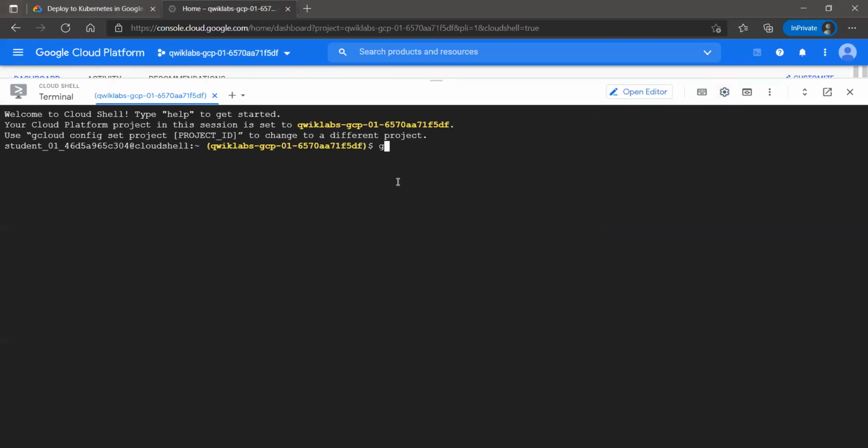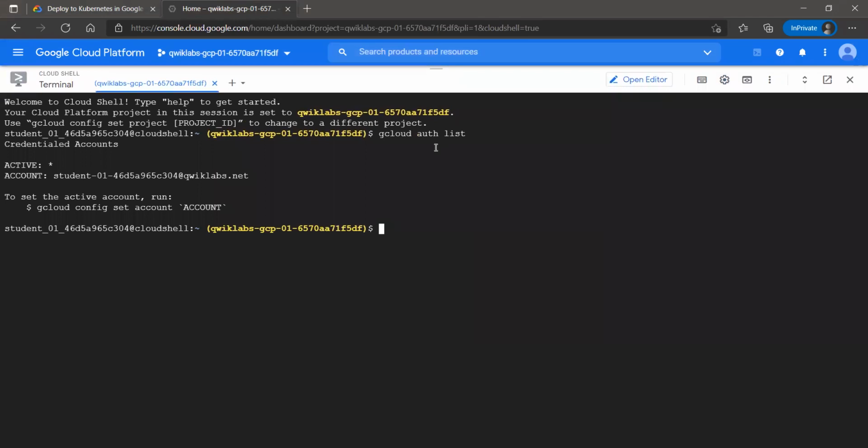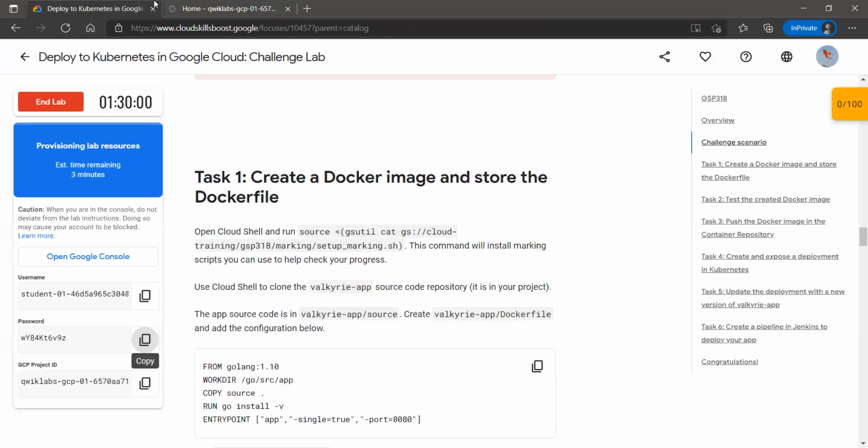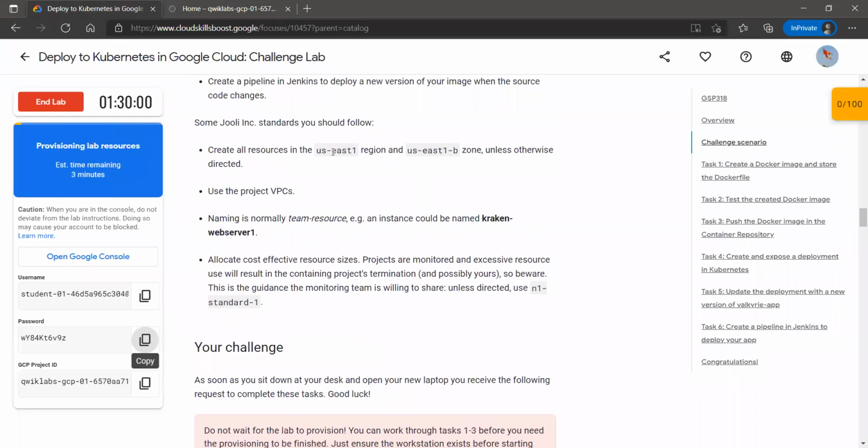Firstly, we'll run gcloud auth list to list all the active accounts and authorize the Cloud Shell. Now we will set the zone and region as specified in the lab, which is US East 1 and US East 1B.